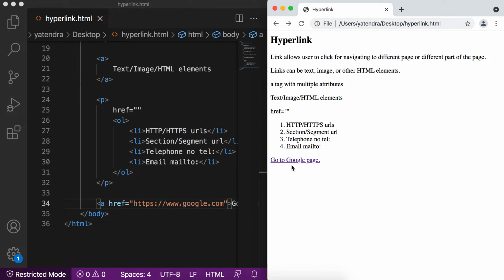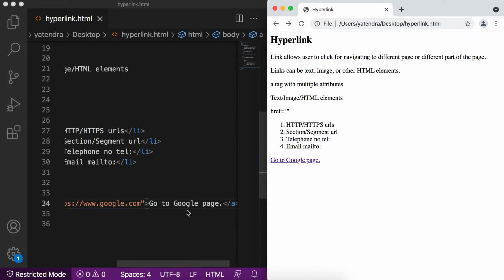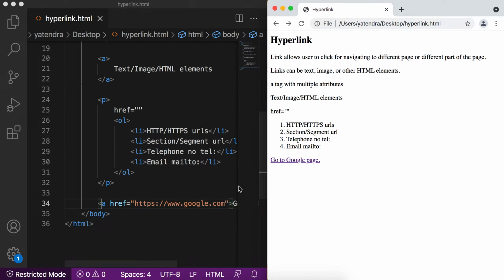By default, hyperlinks are shown in underlined form, and we can also customize this. We will discuss these things. So when I add this line in HTML, this link is created in the browser, and whenever the user hovers over this, it shows that this is a link, because now the pointer symbol is visible on this page.